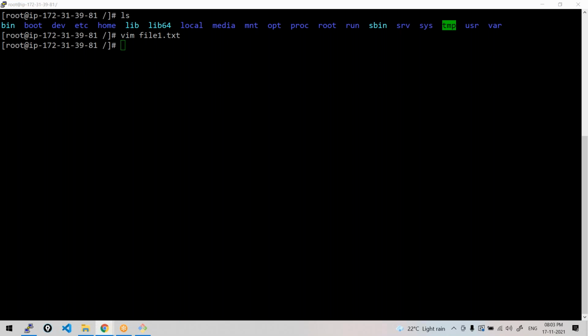As simple as in Windows, how do you open a file, copy the content and all. So this is how you do it in Linux. With little practice, you can go through it. Because it's a completely new environment, you may be struggling initially or spending some time there. But once you get used to this environment, these are very simple things in an operating system. Only thing is a little practice.